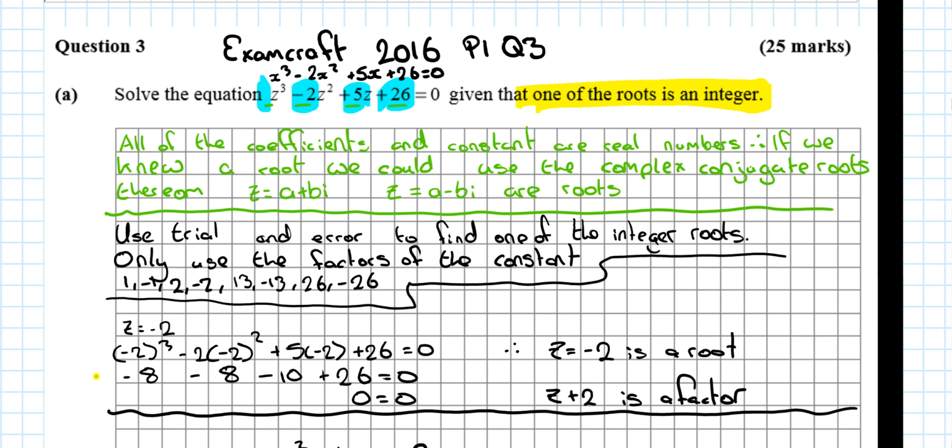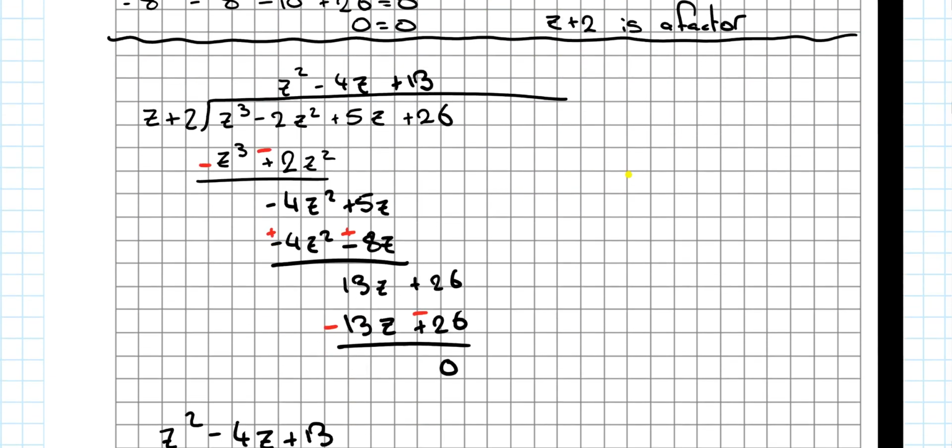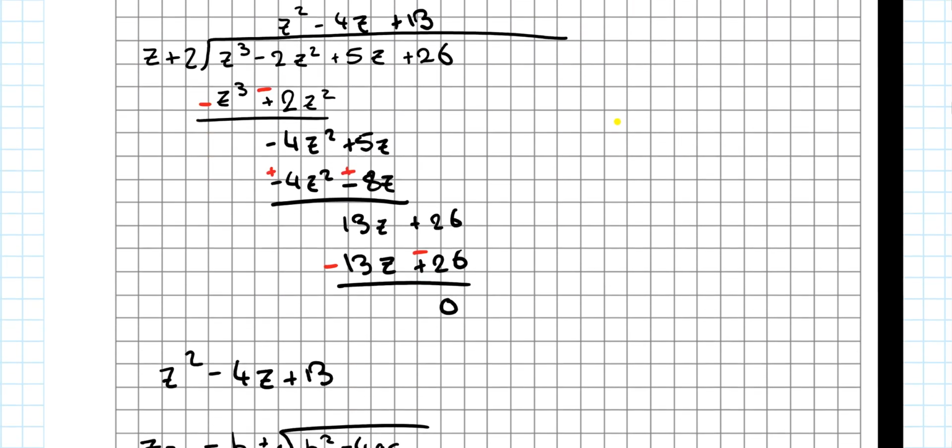Okay, so we know z is equal to minus 2 is one of the roots, so that means z plus 2 is a factor. Okay, brilliant. z plus 2 is a factor. Well, a factor should divide in evenly. Also think, this is a linear, it's going to divide into a cubic. A linear dividing into a cubic, you should get a quadratic out of that. Okay, so what I've done then is actually divided in the linear